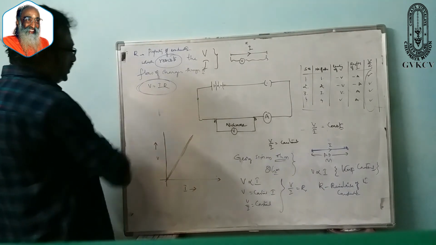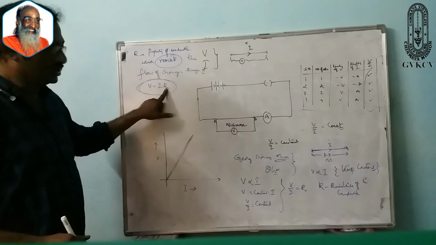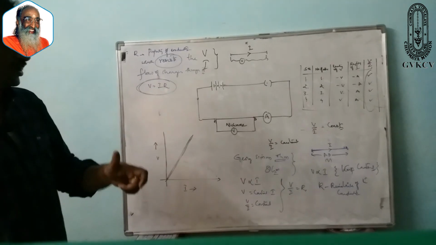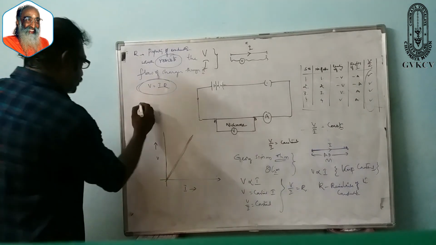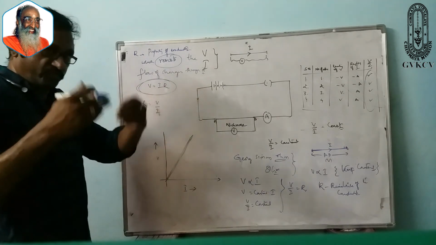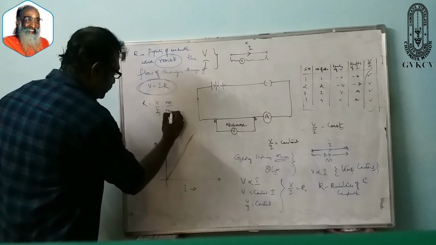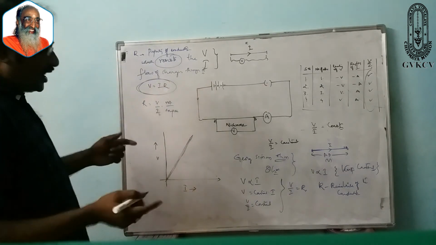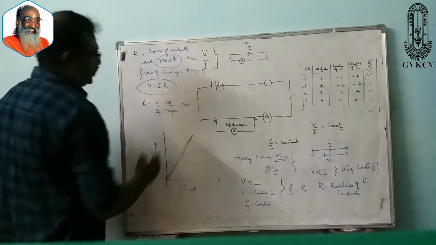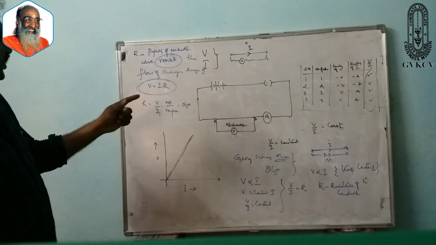And now from this we come to know what R is. R is the resistance. What does resistance mean? It is the property of a conductor which resists the flow of charges through it. And for R equal to V by I, this gives the unit for resistance. V will be in volt, current in ampere, so volt per ampere. Another unit is given for this: instead of volt per ampere, it is given as ohm, in honor of our physicist George Simon Ohm. So the SI unit of resistance is ohm.